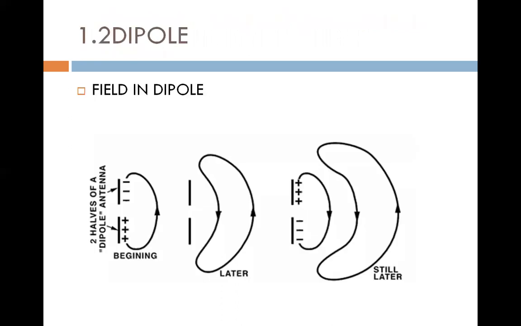Now the second thing is the dipole. So what exactly is a dipole? Why is it called a dipole? Dipole means two poles, plus and minus. Now when we apply the field, see exactly in the figure, a lambda by 2 dipole is there. So how do we make the dipole?